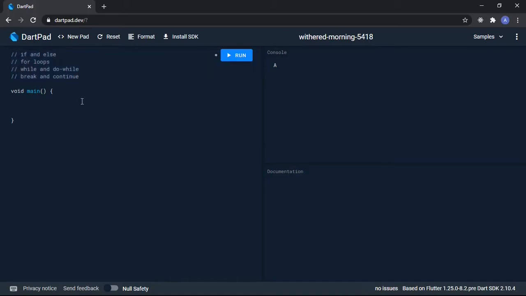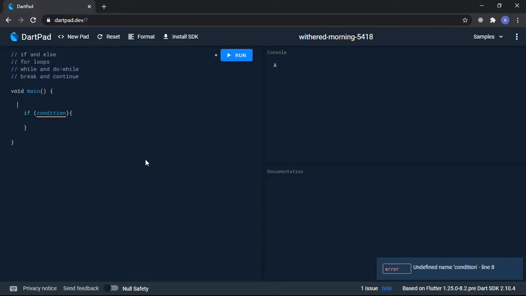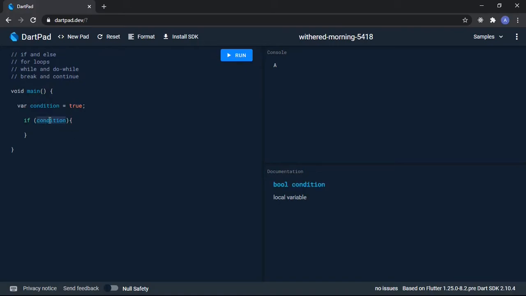We look at if statements, if and else. This is very simple. You just say if, and then the condition right here. If this condition is true, then we run the body. Now, I'll just say var condition is equal to true, and then if this is true, then we print condition is true. Else, I'll just say else print